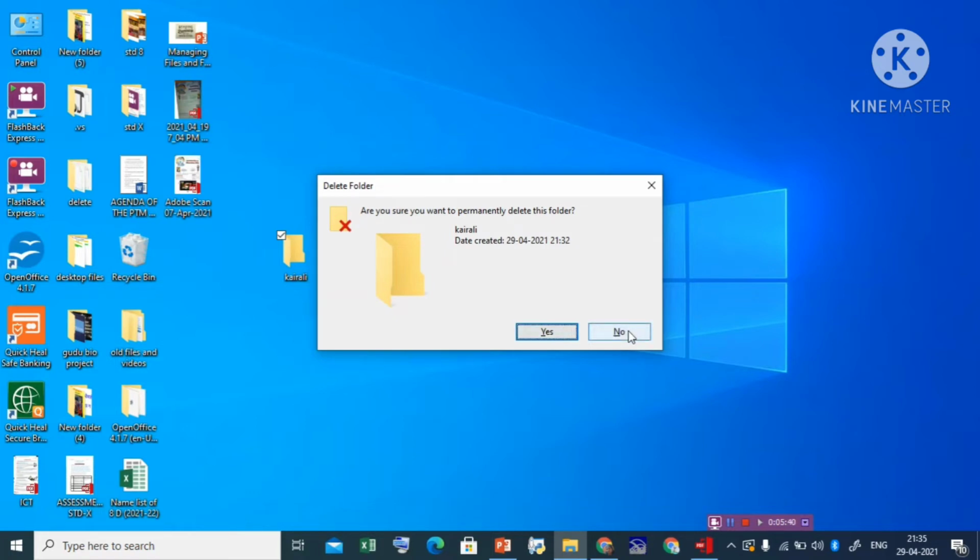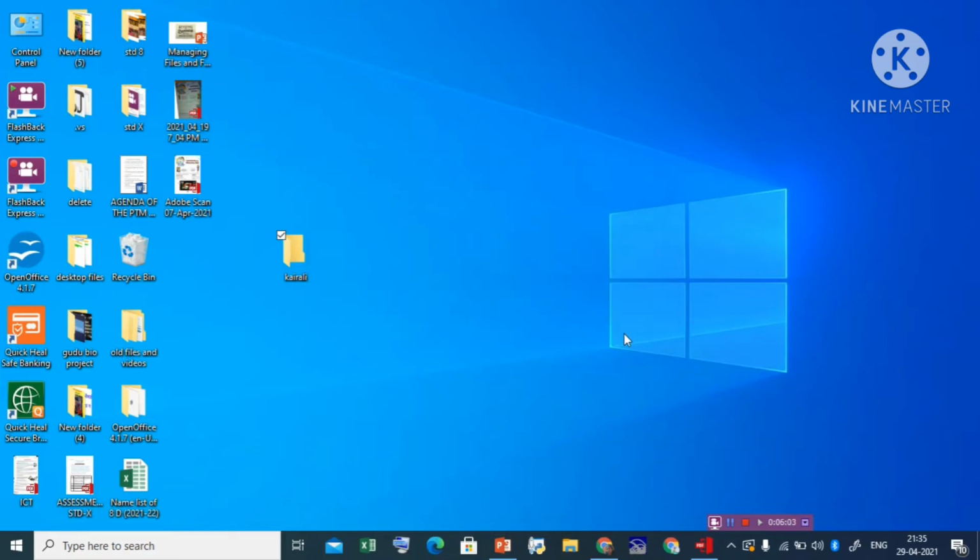If you choose no, or if you did it by mistake, it is up to you to decide. Before permanently deleting any file, you should think whether it is a useful file or not, because you cannot get it back. But if you only delete it, it goes to the recycle bin and you can restore it later.